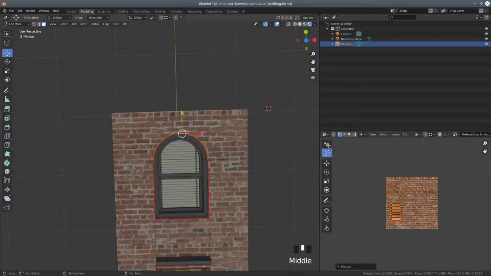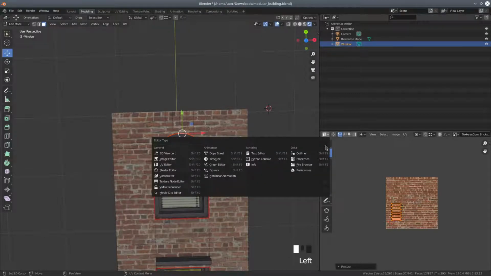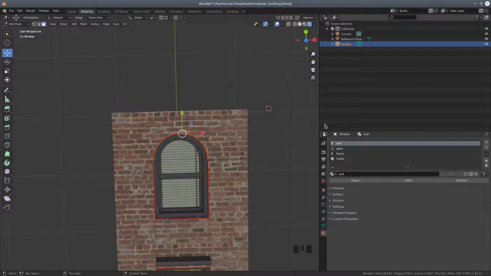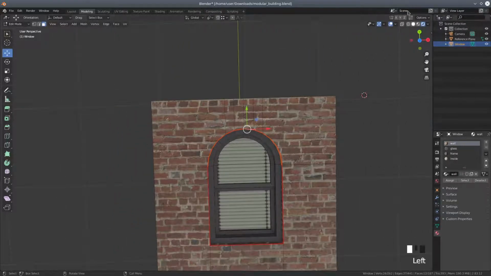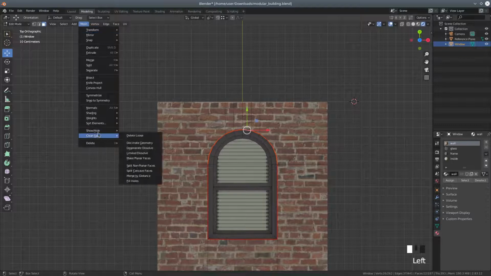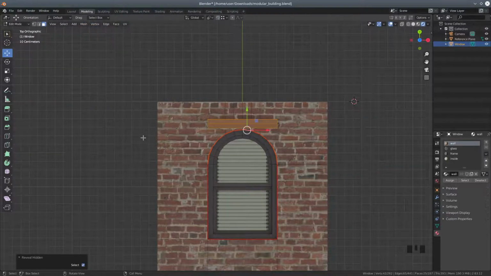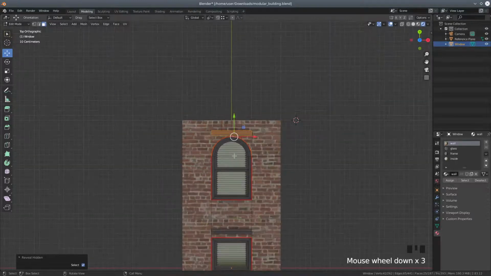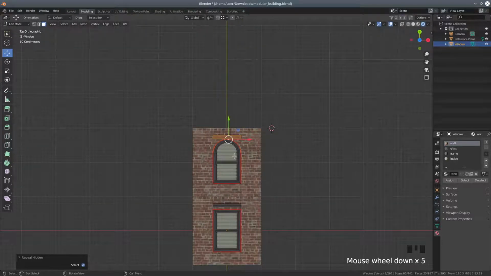So now let's put that back to properties. Just move that window in a little bit. We can now do Control and Z again, and I'm just going to show what was hidden earlier on. So I'm just going to go up to Mesh and Reveal Hidden, because we've got our section here. And what we will want to do is we will want to,